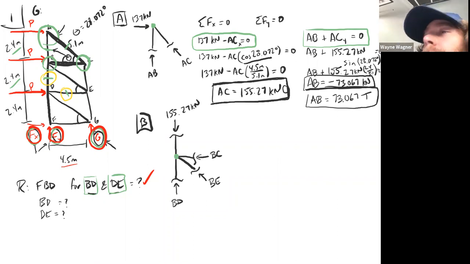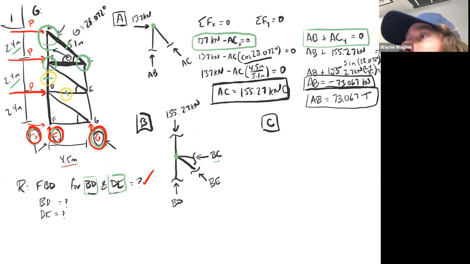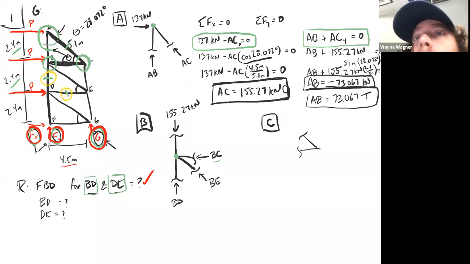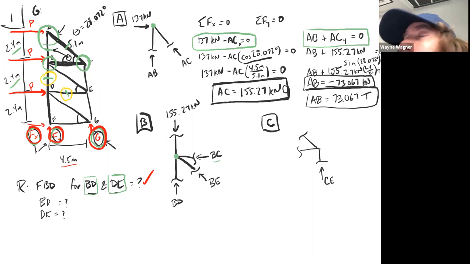So what I'm going to do is go to C. And you should be able to see that as I work, if I solve C, I'll get BC here, and that will enable me to solve joint B. Okay, so what we're going to do here is, here's joint B. And we've got this, and we've got this, and we've got this. That one's nice because we've got CE, which I'm going to assume is compressive. I've got BC, which again, I've solved as compressive. And then we've got AC,